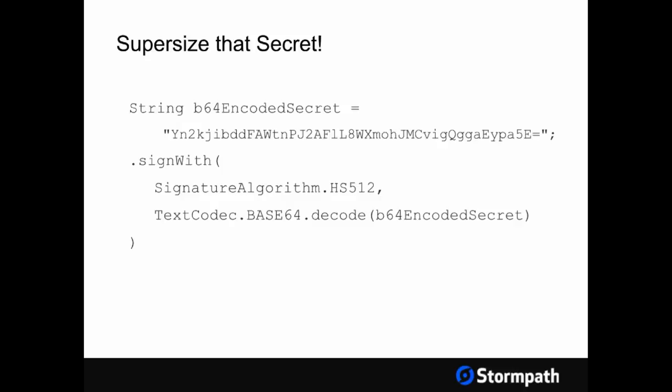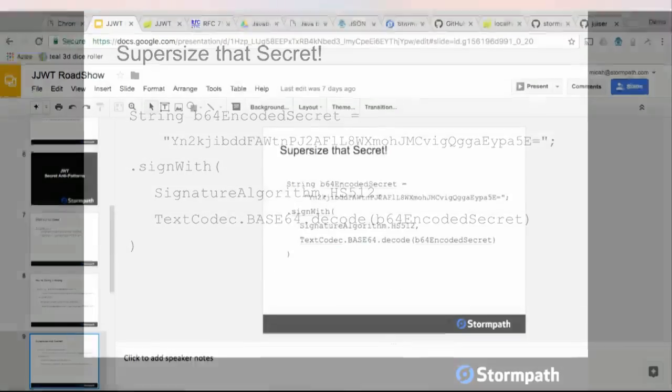Anybody spot what might be wrong with this one? This one is using HS512. HS512 can handle a much wider secret than HS256. So the only thing really that's wrong with this is that our secret could be a lot longer. So of all the three, this one is the least offensive, or gives you the least amount of exposure, but it could be made even stronger by having a wider byte array.